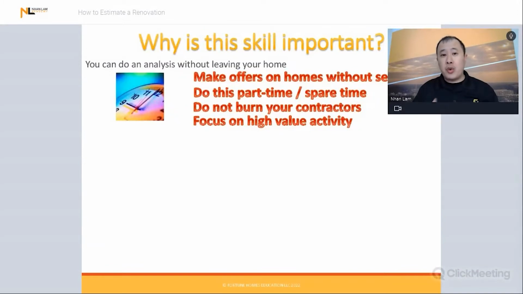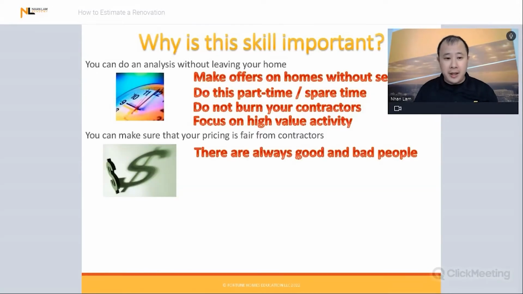There's what we call busy work, and then there's the high value activities that actually create the results that you want. Anyone can be busy. My question is, are you doing the right activity to get you the results that you truly want? And in addition to that, make sure that when you do get a real contractor's estimate,